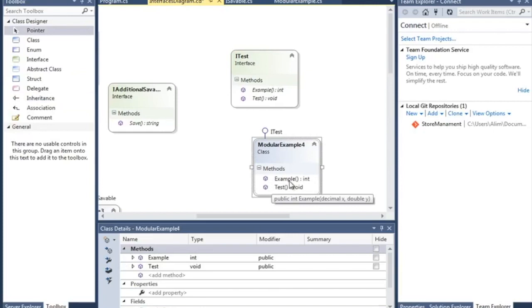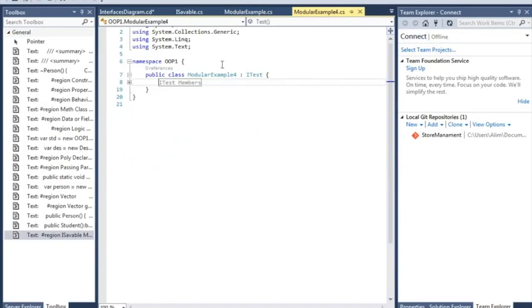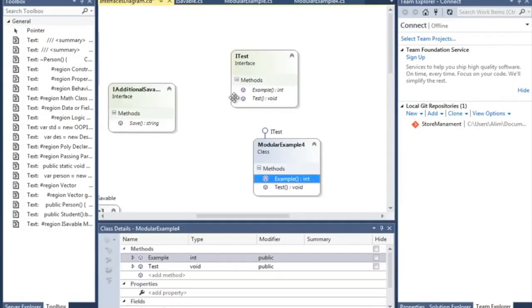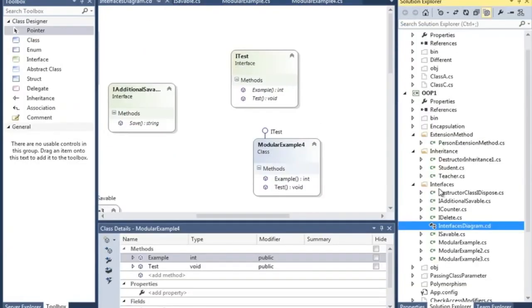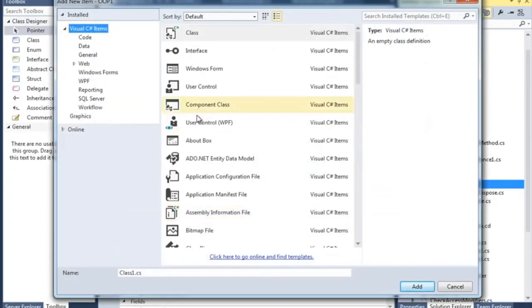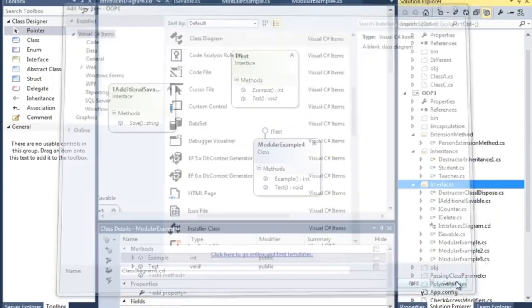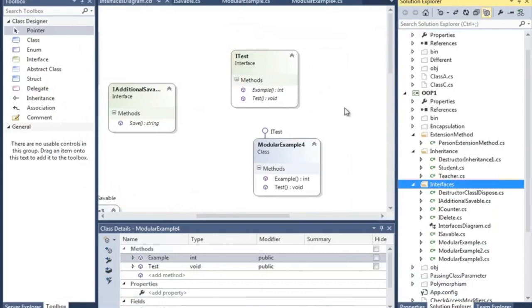Then the methods will already be implemented in your code. Just double click it and you'll see. It's that easy to use the diagram. So how do you get the diagram? It's really easy. Go to Add, New Item, find Class Diagram, add it to your project and design your classes with it.